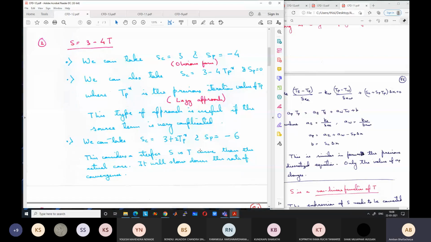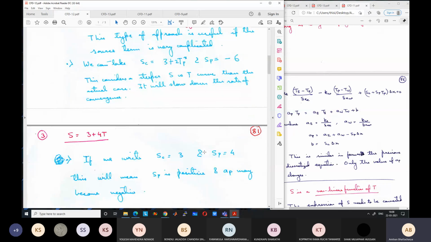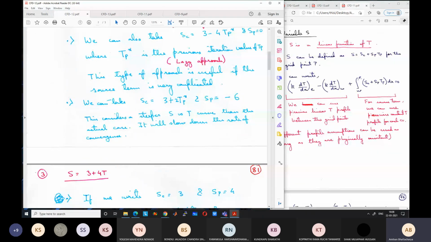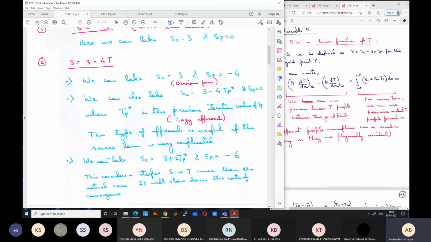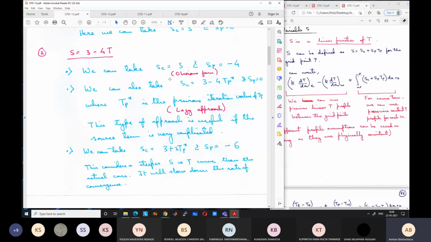So anyway, this is another approach. It is up to us to decide which one to take. The first one was the obvious approach. The second one is the lazy approach, and the third one is for specific cases. For this case, it does not make much sense, but for other cases, it may be useful, for highly nonlinear types of equation.